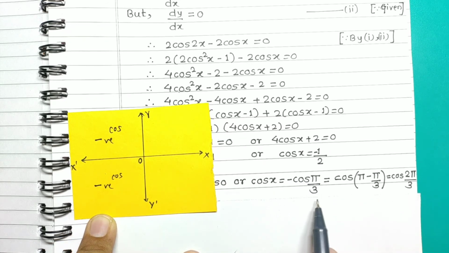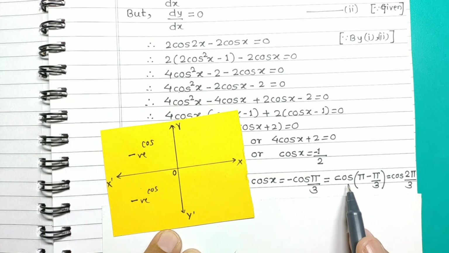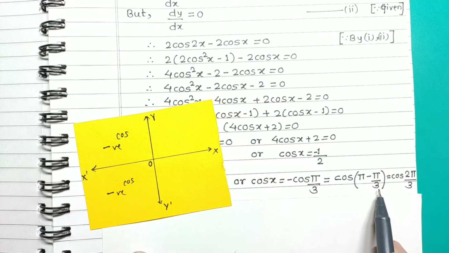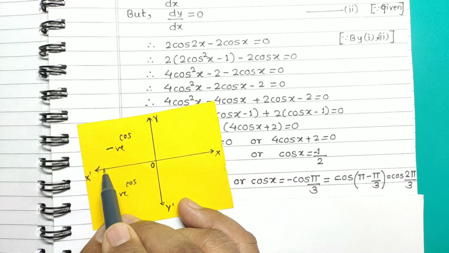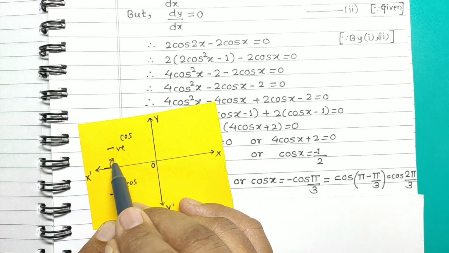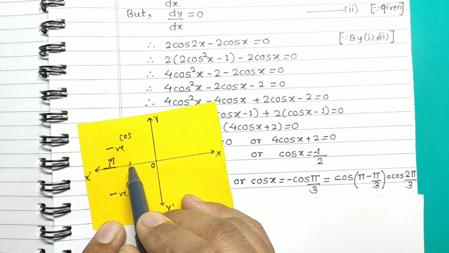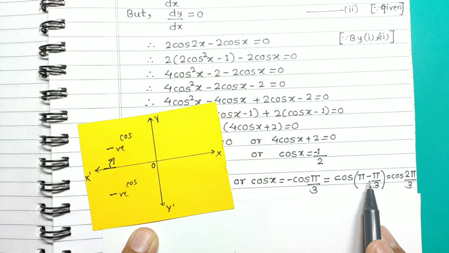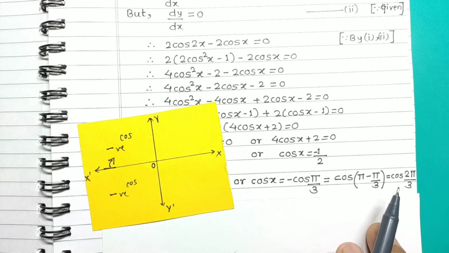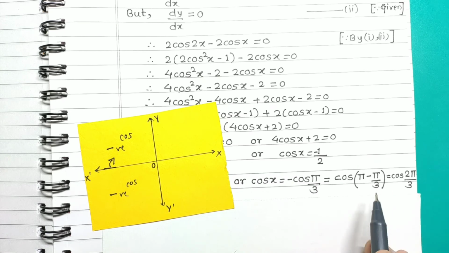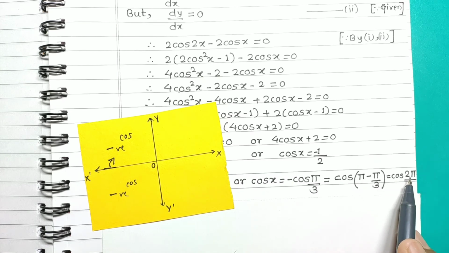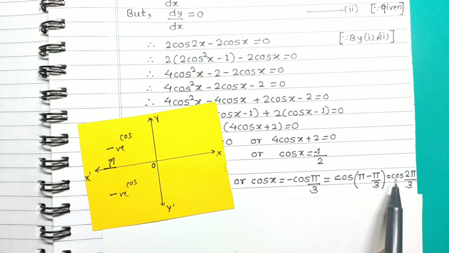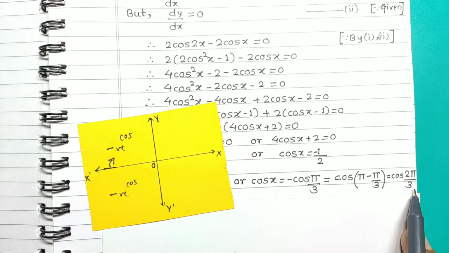So we can write this negative cos value as value from second quadrant. So you write down that angle as pi minus pi by 3. See here, it completes angle pi. So pi minus pi by 3 angle is in second quadrant. So you can write this minus of cos pi by 3 is equal to cos of pi minus pi by 3. Allied angle conversions are there here. Okay, so we have cos of 2 pi by 3. So this minus half value is for cos of 2 pi by 3.